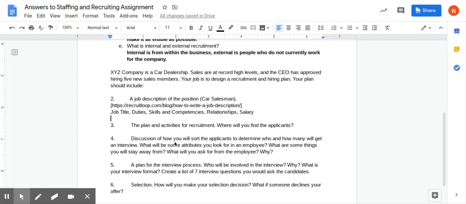So some attributes you're going to want to see. You're probably going to want to see some kind of sales position in the past. Preferably, probably car salesman would be ideal. Maybe something that has to do with mechanics. Something about knowing finance or knowing a car would be ideal for a car salesman, because those are the two big parts we're selling, obviously. So you're definitely going to want to see at least one of the three of those.